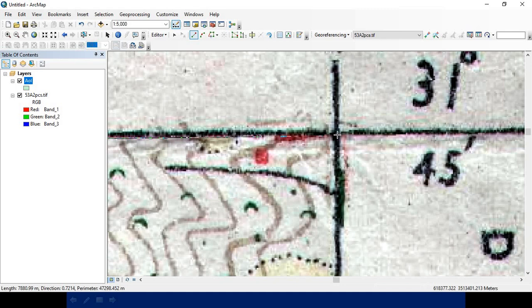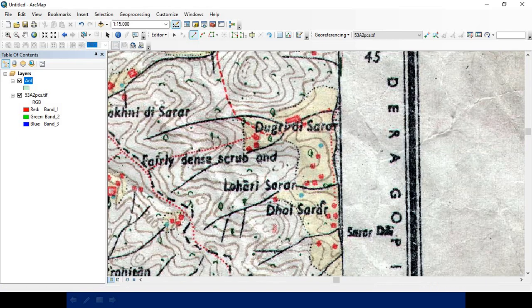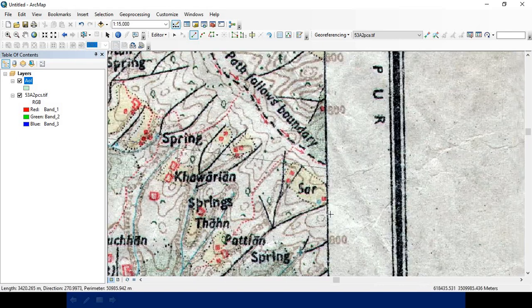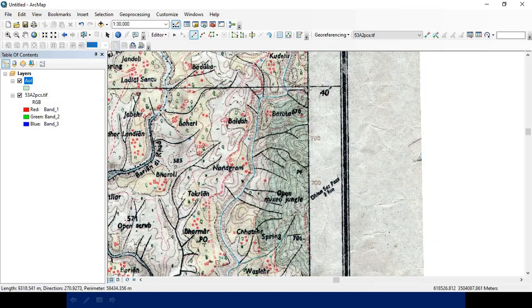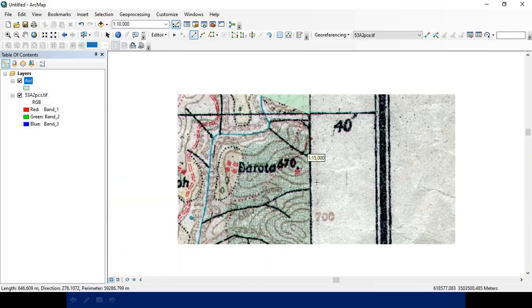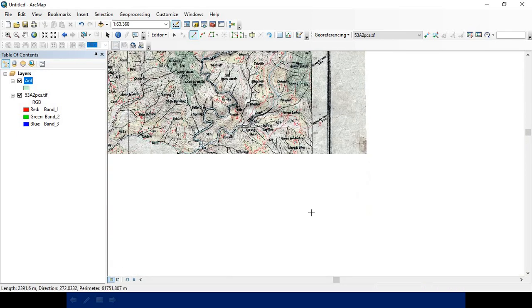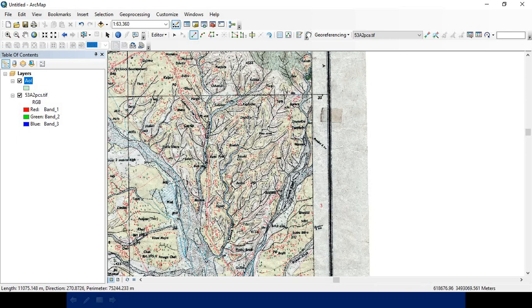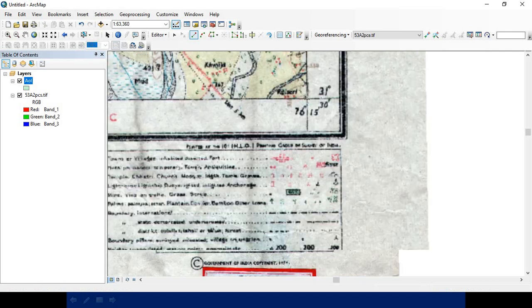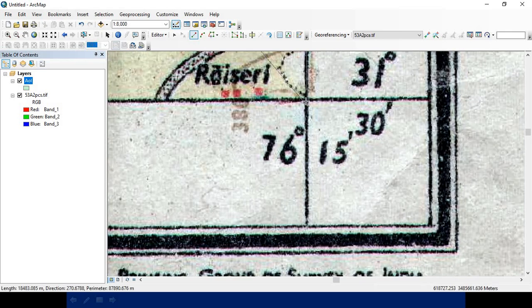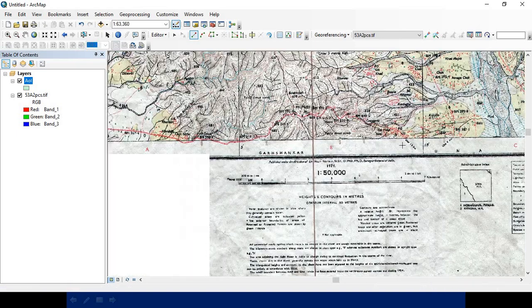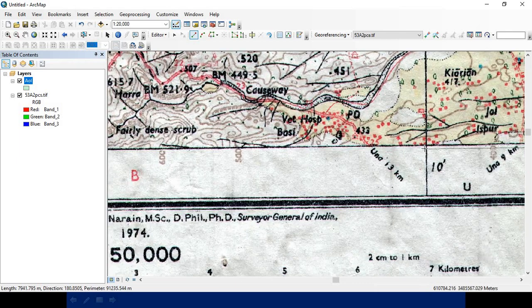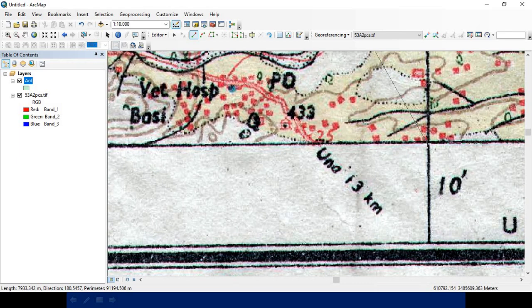You have to select a polygon of the area that you want to subset. The clip is like a cookie cutter, so it has to be done very precisely.